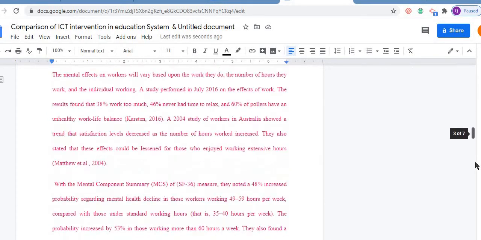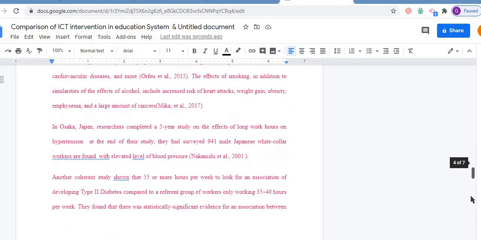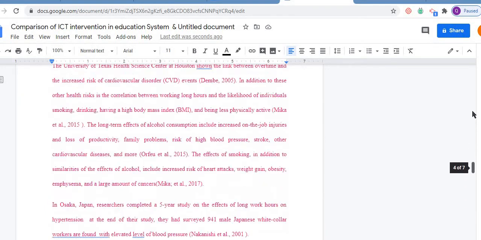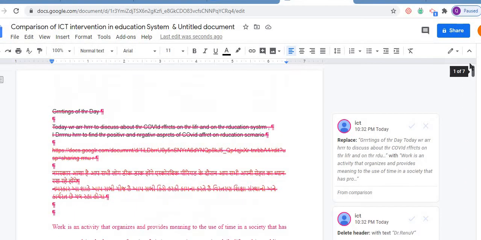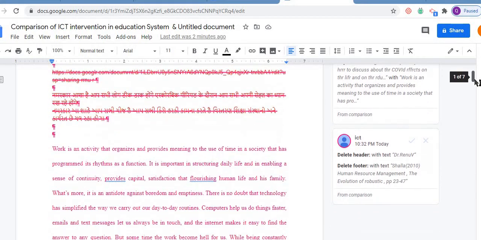Okay, so in this way you can do your comparisons and can do wonderful work, and you will definitely get a good piece of work for your future. So these lines need to be deleted as per the instructions, so replace is required.